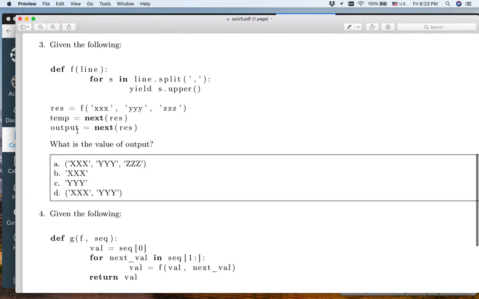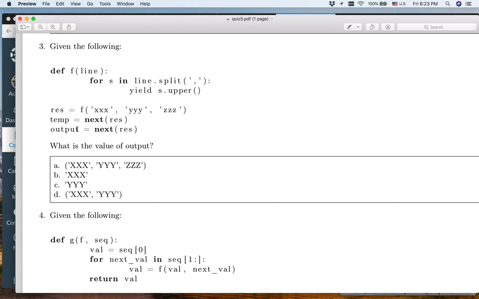So this question was about generators. Basically, your function takes a string, and then,